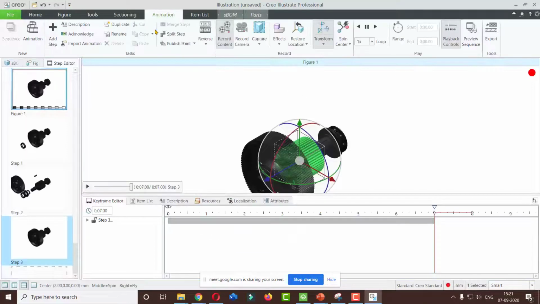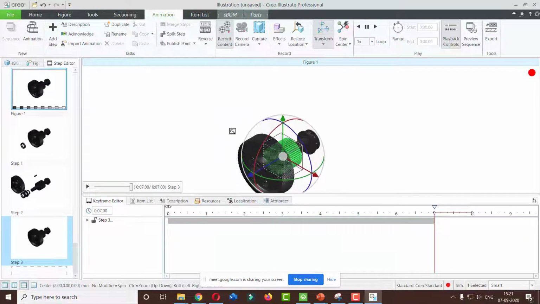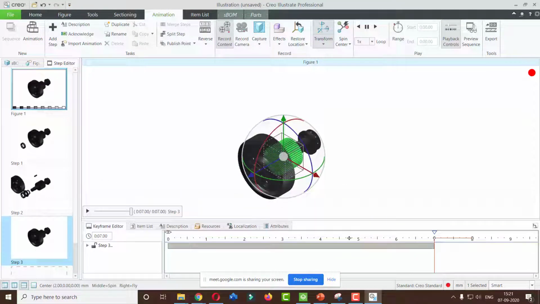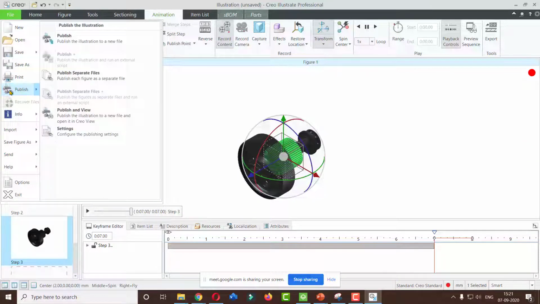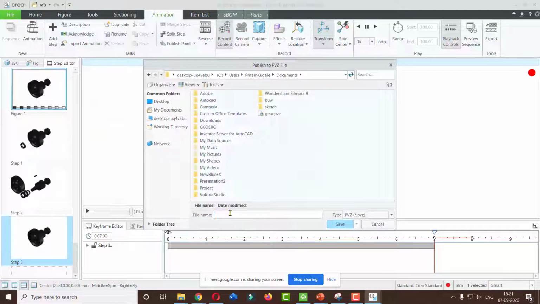Now I am going to close the preview. In this preview, you are just creating an animation. But now this animation needs to be uploaded on the cloud so that it can be converted into the augmented reality format. To export this document, you have to click on publish. In the publish dialog I am going to create gear 1 as a file and click on save. The file format will be PVZ format. In PVZ format all the files will be stored.